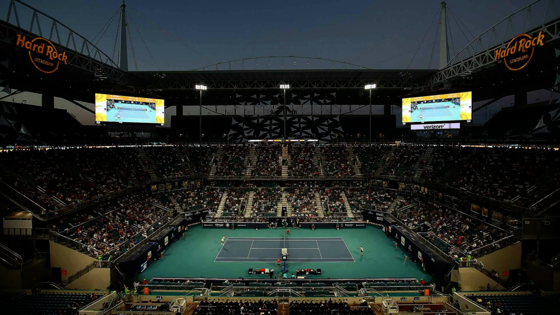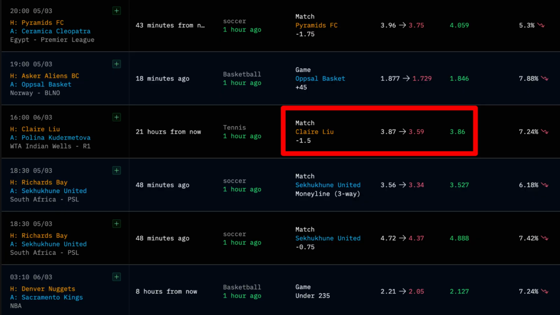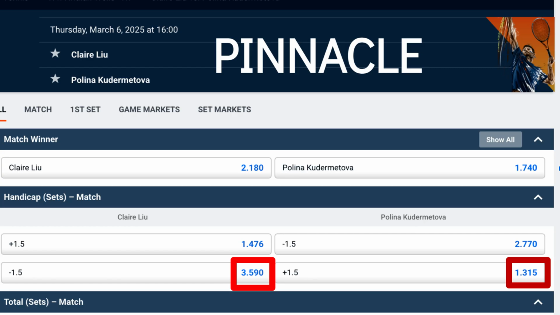Removing the vigorish, right, so what we're going to do is use this still frame. We're going to take Claire Lou. You can see that her odds dropped from 3.87 to 3.59. Now we can confirm that on the Pinnacle website itself. You can see, there you go, the 3.59, and we need our opponent's odds now to work out the vigorish, so we're taking the